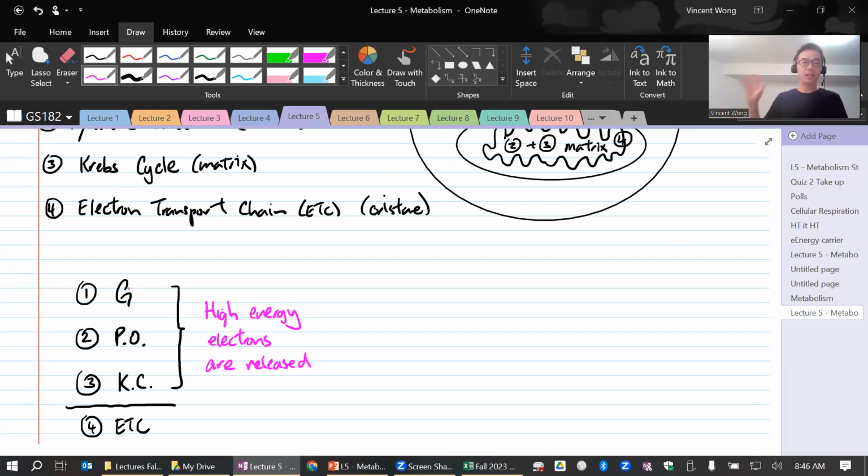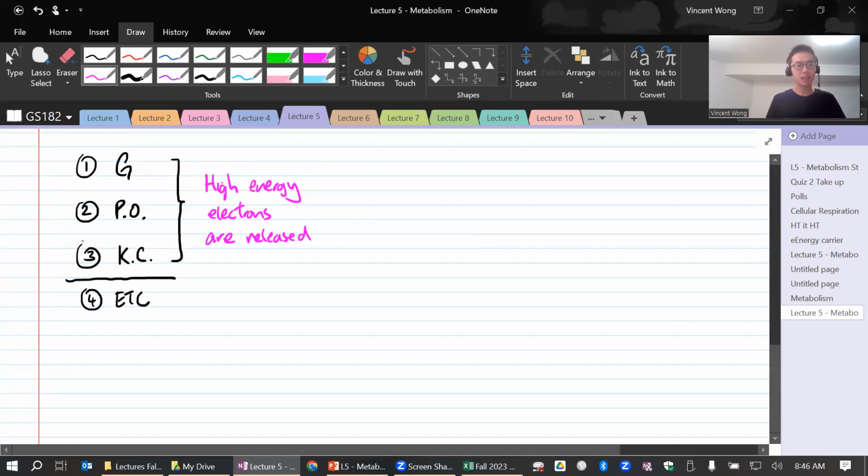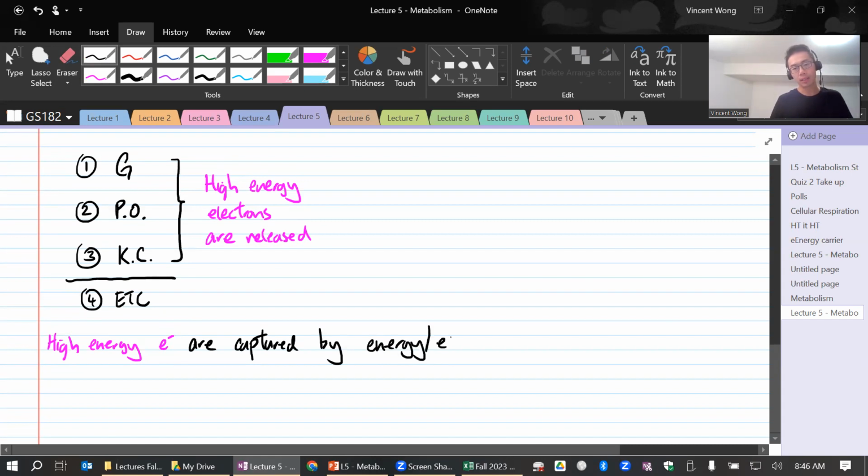Now, if we don't capture these electrons, they will be lost. Okay, it will be wasted. We don't want to waste them. They have a lot of energy, so we must capture them. Okay, so I'm going to write down here, high energy electrons are captured by energy or electron, it doesn't matter, we will use them interchangeably, carriers